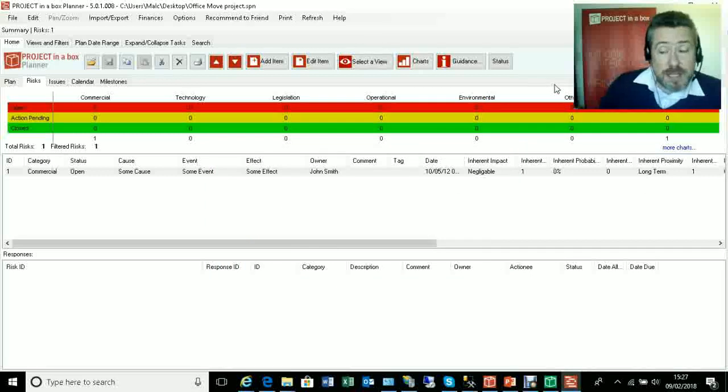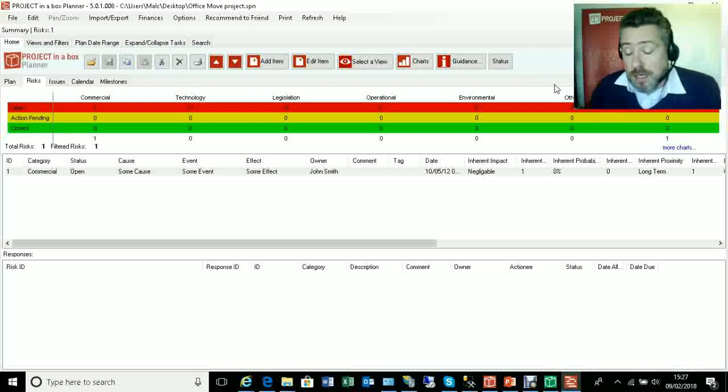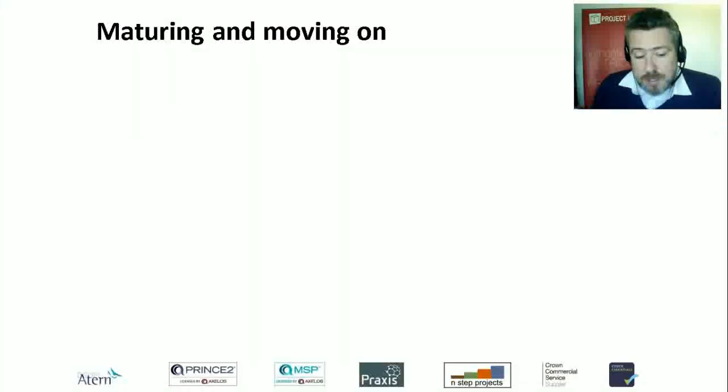Same sort of thing applies to the issues as well, with the responses. And of course, if you're preparing risk responses and your risk becomes an issue, then it's helpful to have all that documented and take all that forward with you. So that's just a quick look through some of those additional things in the tools that we've looked at so far. We'll just come back and wrap up with our slide again.